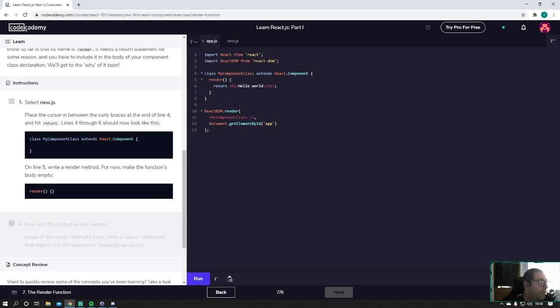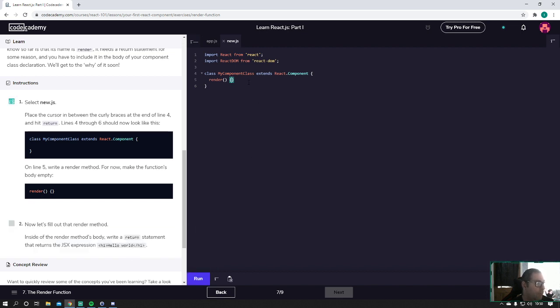Place the cursor between the curly braces at the end of line 4 and hit return. The lines through 4 now look like this, and then we're going to hit run. Now let's fill it out. So now we're going to do a return. We hit enter, then do return h1, and inside there we're going to say hello